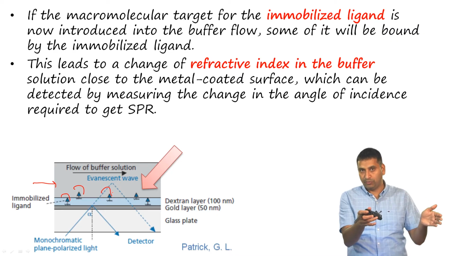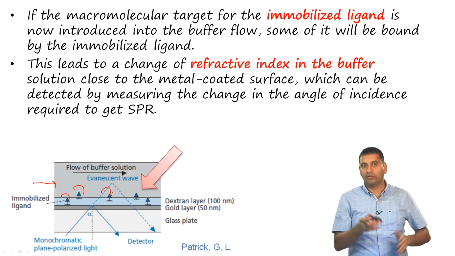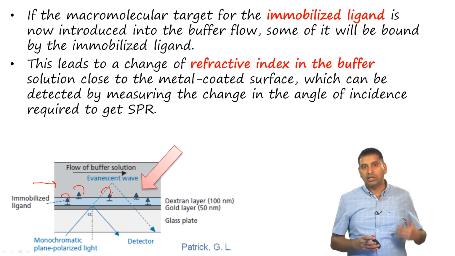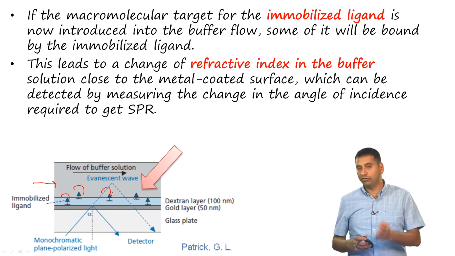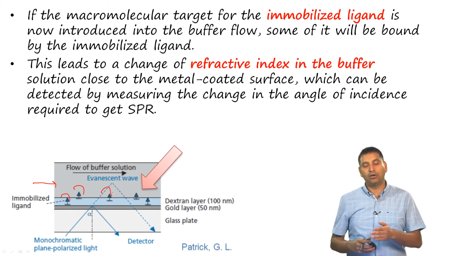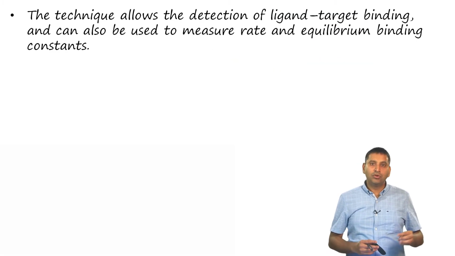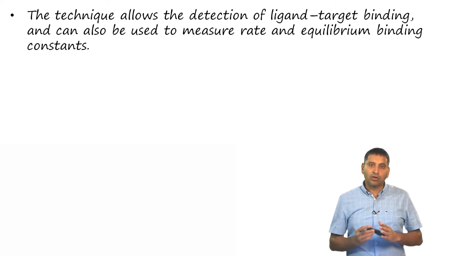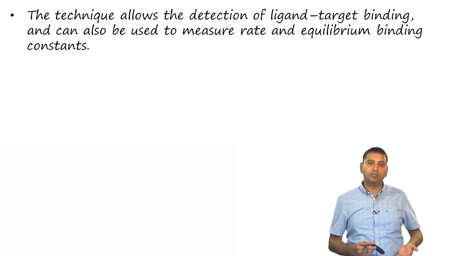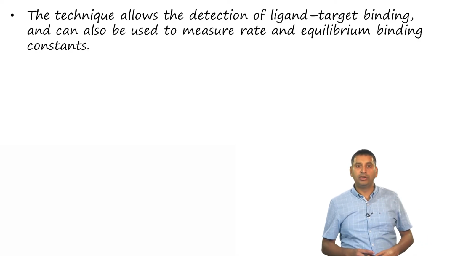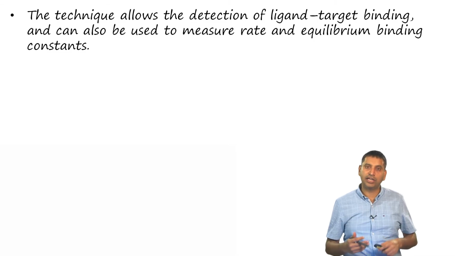So, you have a situation where surface plasmon resonance happens in buffer when there is no binding, for example, and that is the angle at which you have surface plasmon resonance. And now, once the target binds to the immobilized ligand, you are going to have a change in the refractive index, which results in a change in the angle of incidence required to get surface plasmon resonance. So, using this method, you can screen for molecules. This technique allows for the detection of ligand target binding and can also be used to measure rate and equilibrium binding constants. Of course, we won't be going into further details, but this is a very powerful technique to